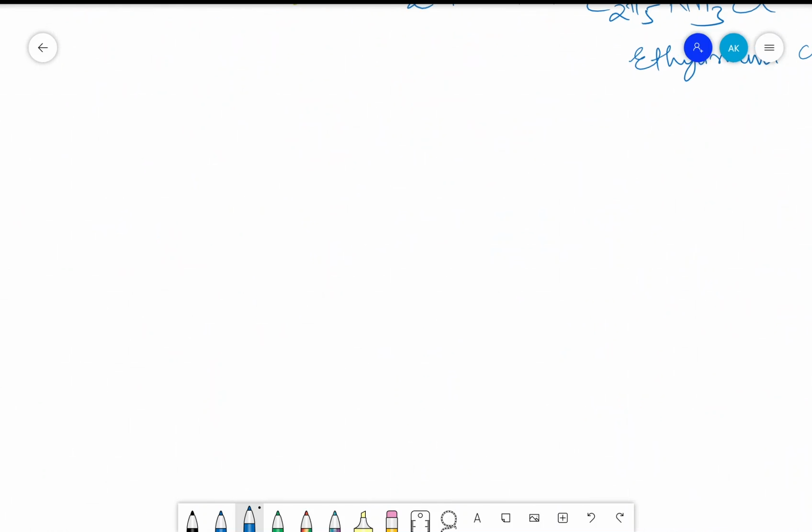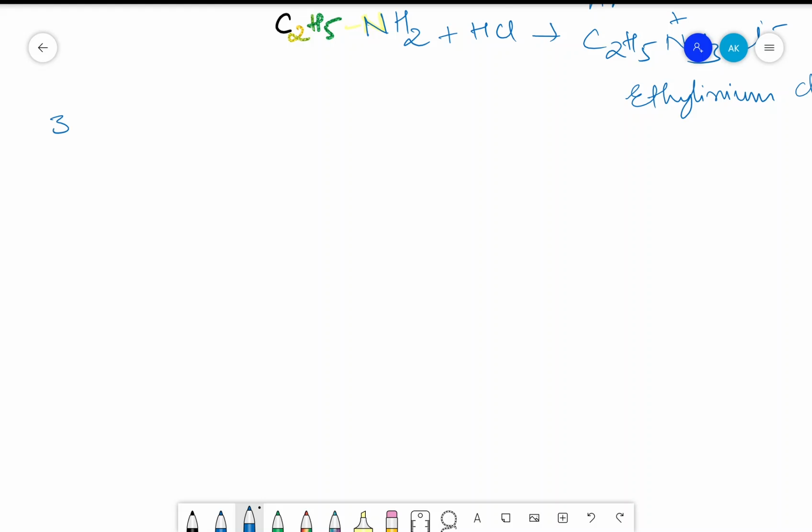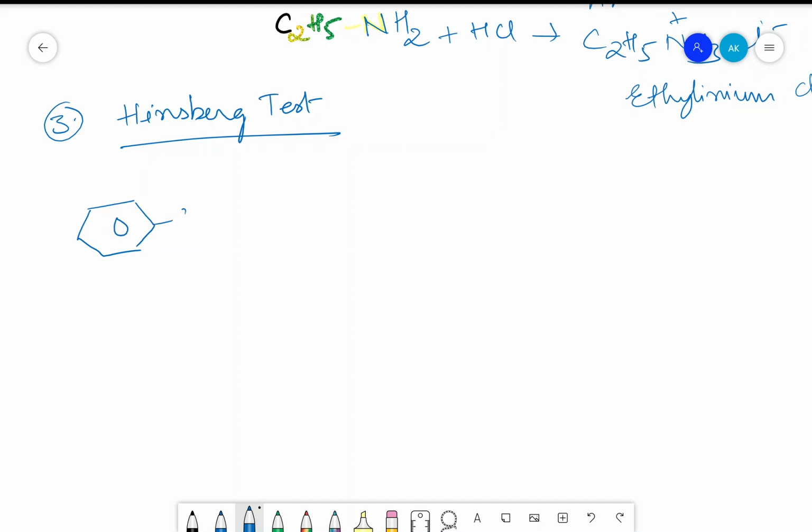The third test which we are going to discuss is very important. It is named after a scientist by the name Hinsberg, and that is why it is called the Hinsberg test. In this Hinsberg test, we are going to use benzene sulfonyl chloride as our reagent. So benzene sulfonyl chloride means we need to write benzene first. Sulfonyl group is SO2Cl. This is benzene